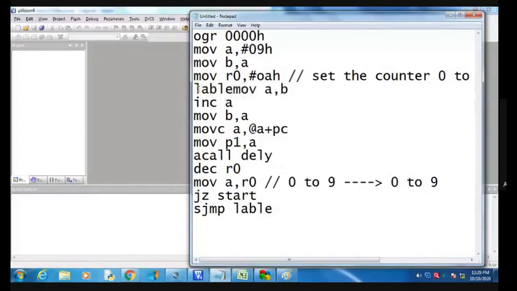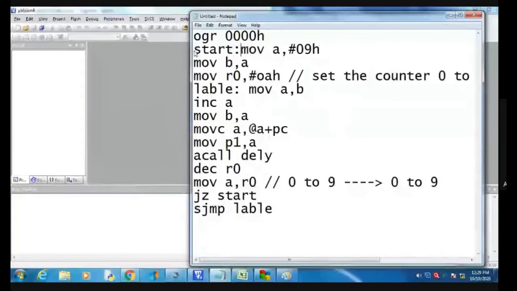Why? Because if we started from 0, then again we are going to store data into the accumulator. Again we have to increase, again we have to define the B register, again we have to define the next value. And the start we consider from here.